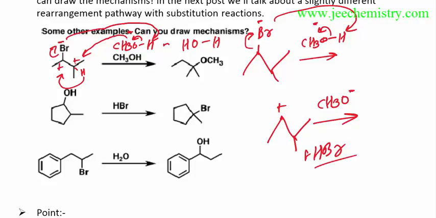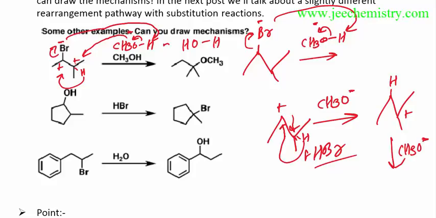Now this plus charge is secondary. Here is one hydrogen. This hydrogen will shift to this position, and this plus charge will shift to this position. Our product will have the plus charge, and here will be the hydrogen. Now it is attacked by CH3O minus. This O minus will attack this position. Our final product will be